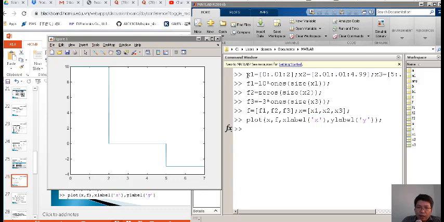So the first command, x1, we generate an array from 0 to 2 using the increment 0.01. Similarly, we generate x2 from 2 to 5, then x3 from 5 to 7, and we calculate the respective y values. f1 is for when x is from 0 to 2. So f2 is the y value when x is from 2 to 5, f3 is the value when x is from 5 to 7, and we join the y values of the three cases together and the x values together, and we plot the last function,